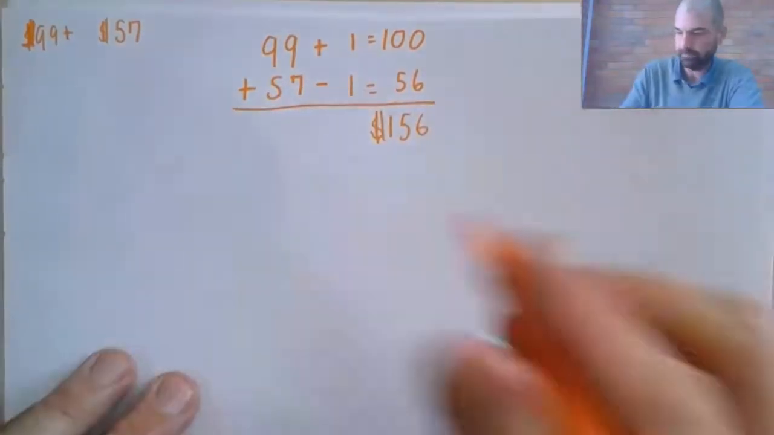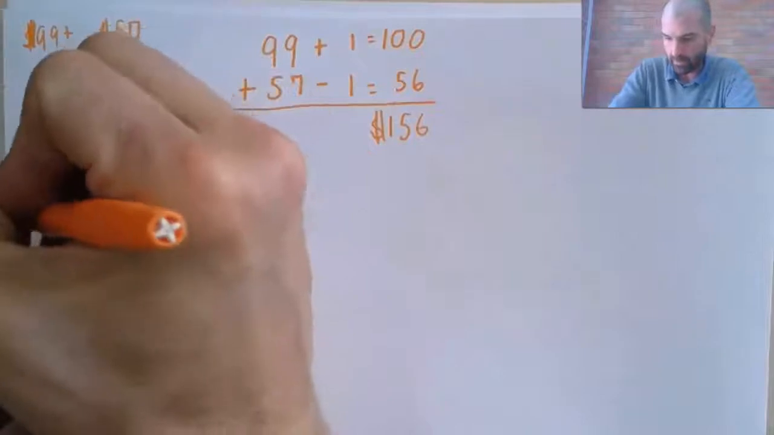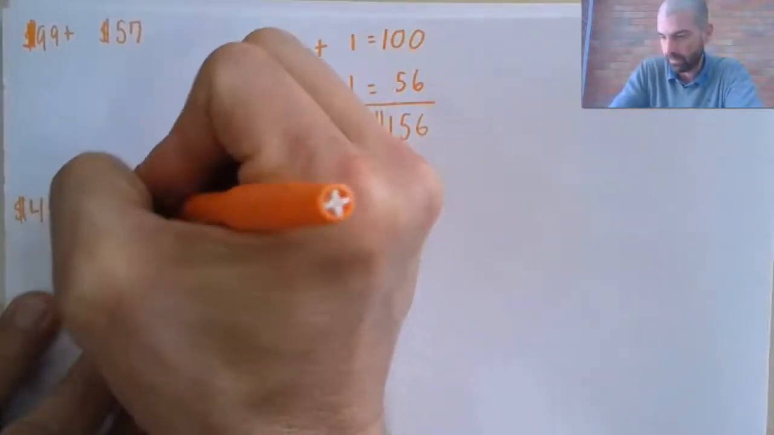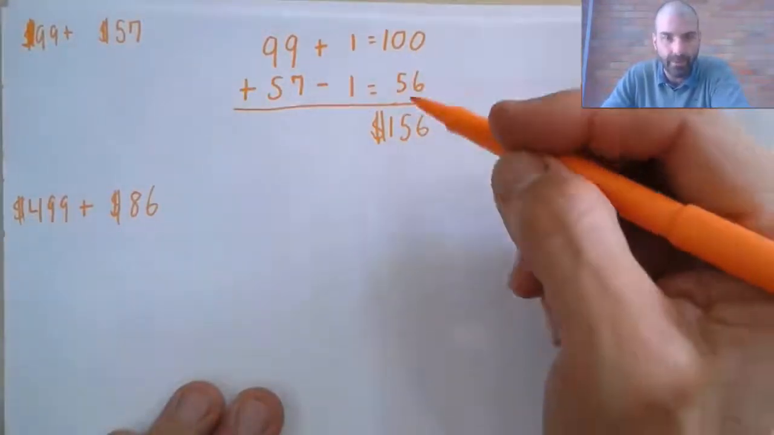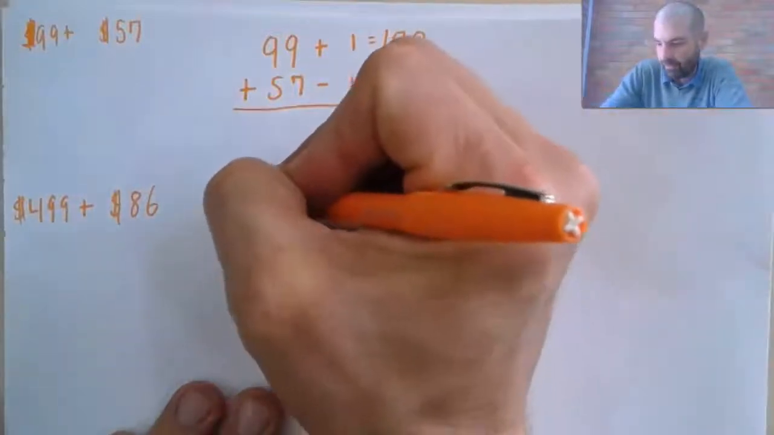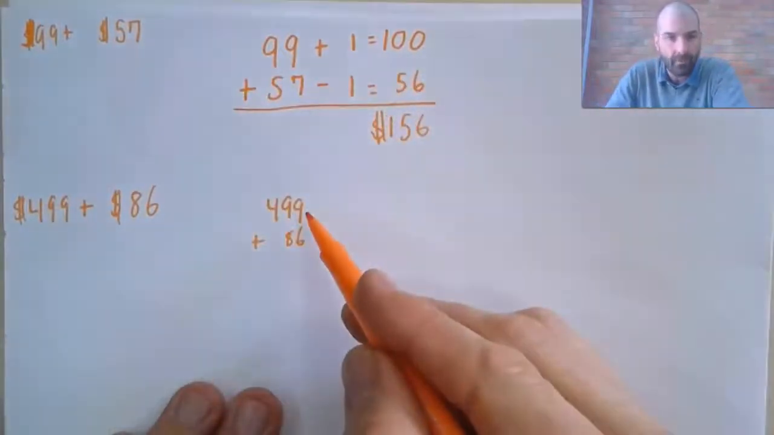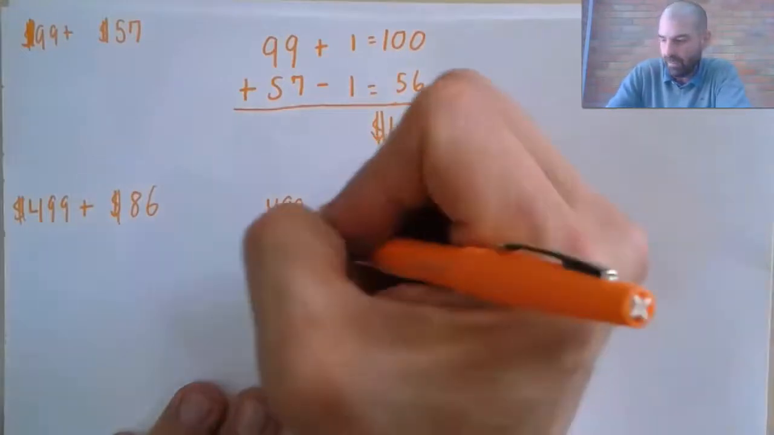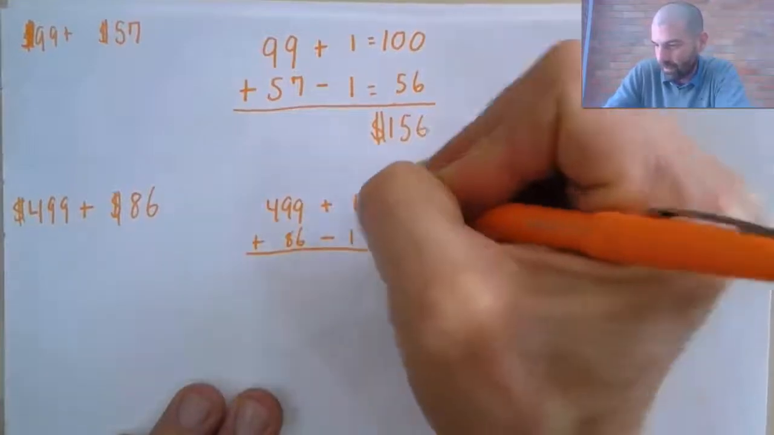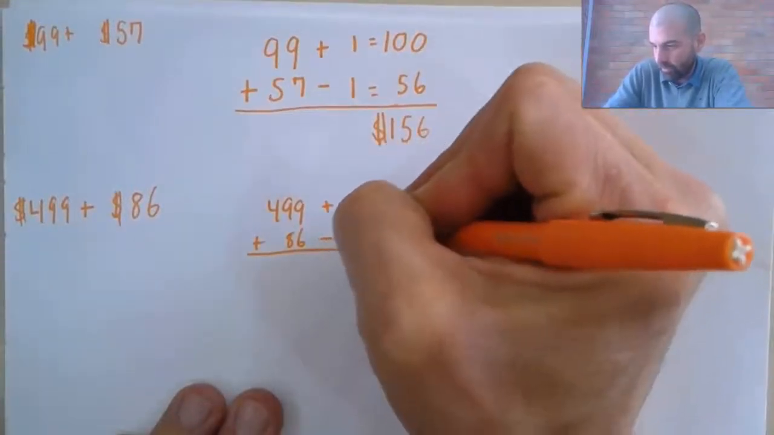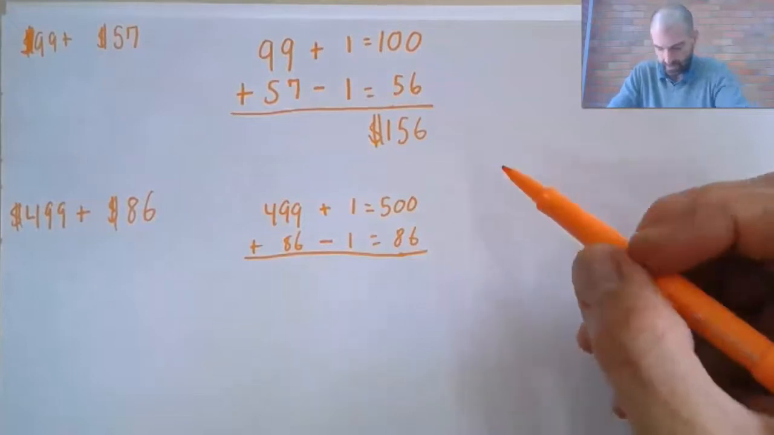All right, next problem is 499 plus $86. Go ahead and pause in 3, 2, 1. All right, unpause. So again, we're looking at this give and take. If I'm at 499 plus 86, right off the bat, I should notice I'm right next to 500. If I just take 1 from 86 and give that 1 to 499, I get to 500 plus 86. And if I have 586,